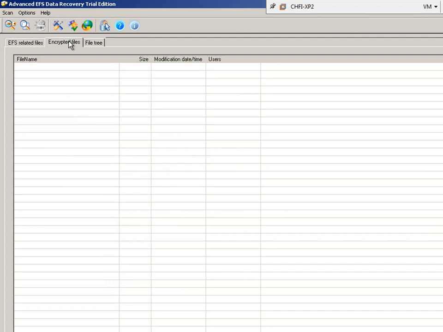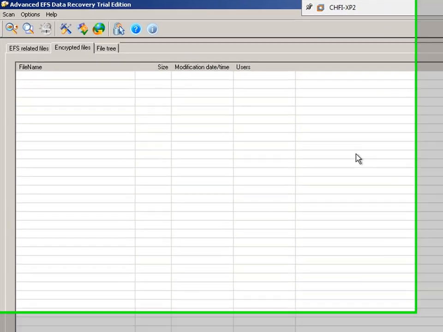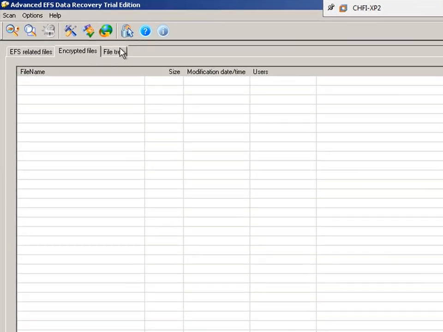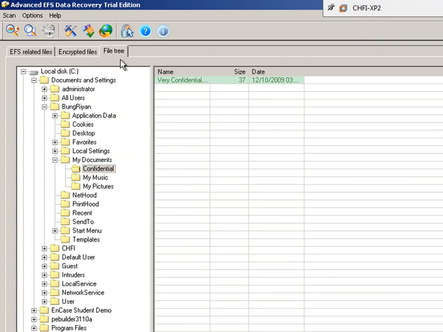And then the next step is searching for the files that we want to decrypt. If we already know the path or the folder location of the files, we can go to that folder. For example, we want to decrypt the files from Bung Rian in the confidential folder, and there will be the files in the confidential folder.